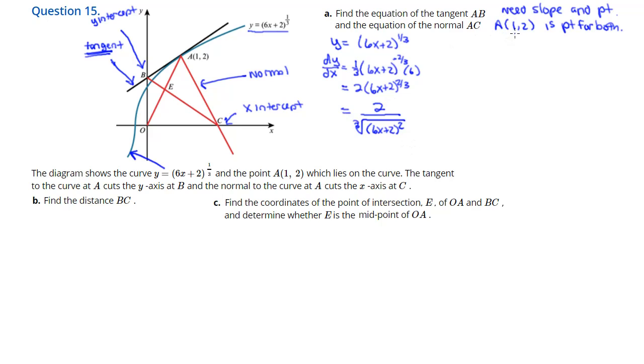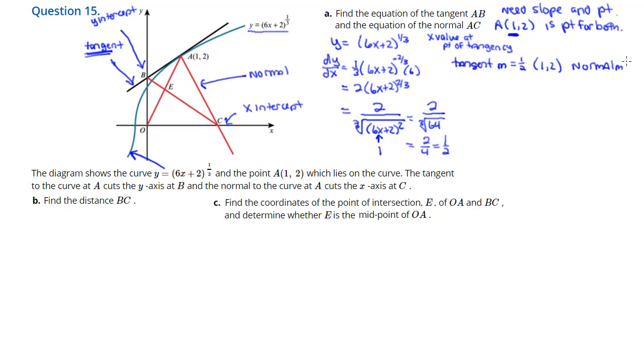All right, so now we got to put in our x value of 1. That's the point of tangency. And keep in mind, in derivatives, we're only going to put x values in. So when we put the x inside here, that's going to be 6 times 1 plus 2. That's going to be 8. 8 squared is 64. So basically what they're talking about is the cube root of 64. Well, that's going to be 4. So 2 over 4 is 1/2. And that's the slope of our tangent line. So once we got that, we can easily figure out what the slope of our normal line is. That's going to be